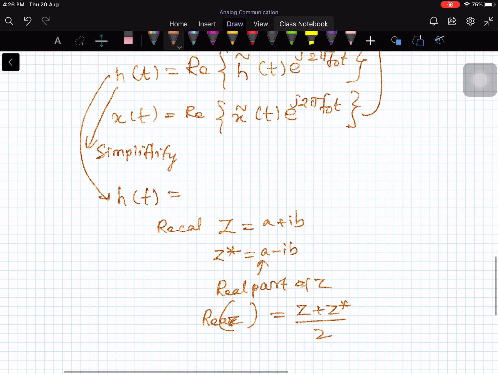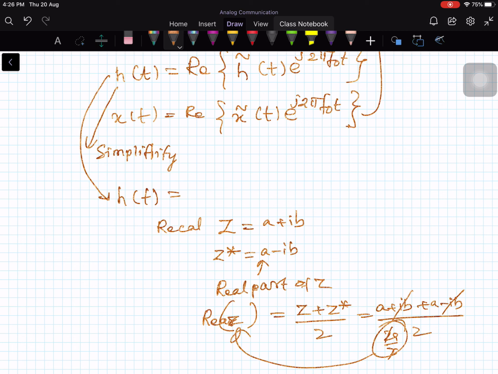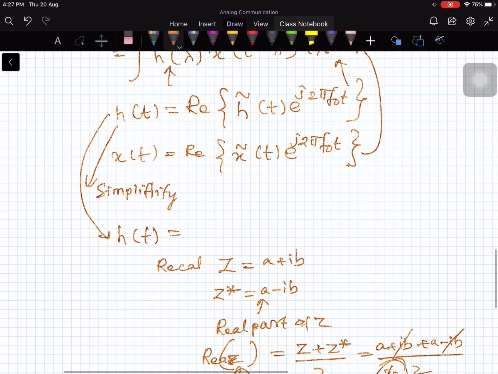So it is a plus ib plus a minus ib, whole divided by 2. The ib terms cancel, and 2a by 2 gives a, which is nothing but the real part of z. So whenever you have a complex quantity like this, h of t I can write as 1 by 2 times